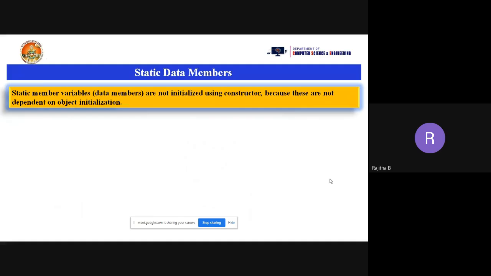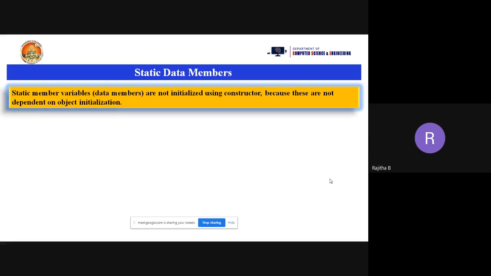But when you are taking static data members, it is not possible to initialize the values using a constructor. We can initialize the values of the static member using some other functions, like a read function, print function, display function. But it is not possible to assign the value to a static data member using a constructor. Why? Because memory is allocated separately.